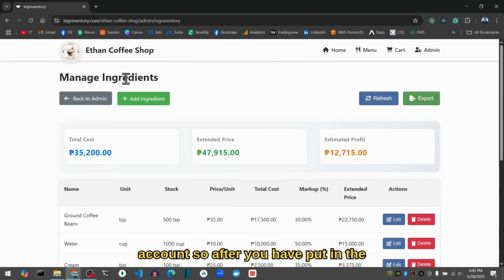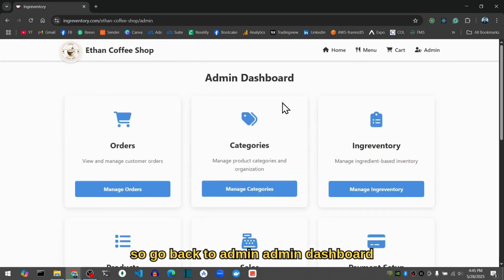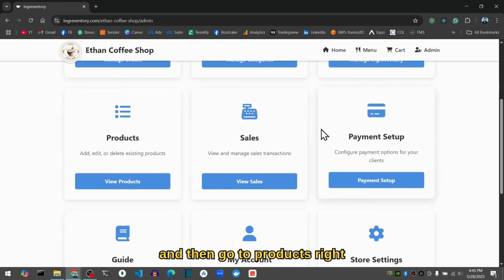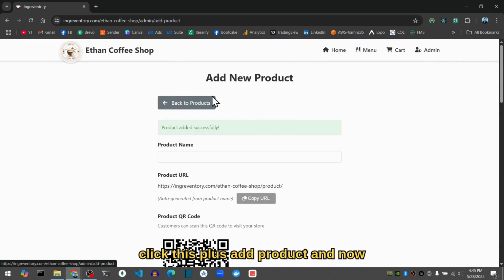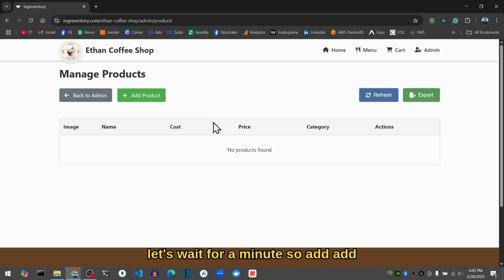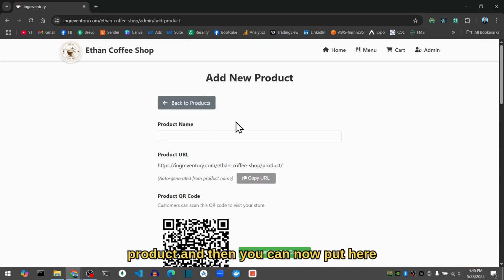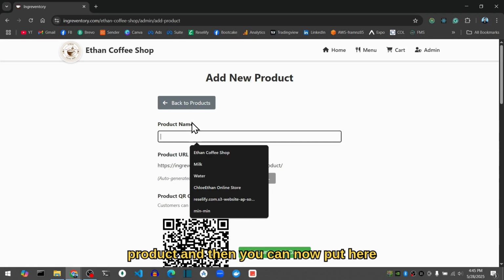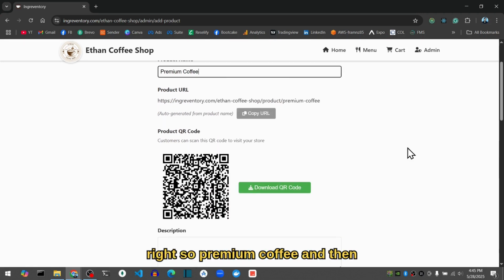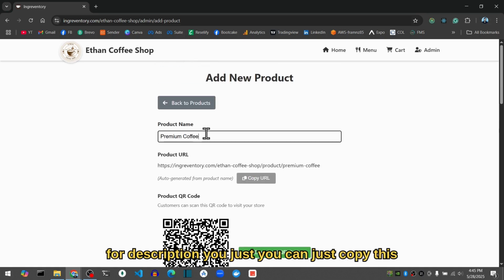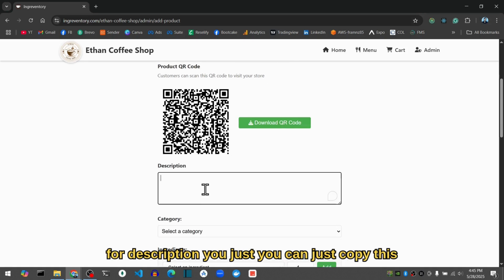So after you have put in the ingredients, you can now put in your products. So go back to admin dashboard, and then go to products, right? And then here in products, you can click this plus add product. And now let's wait for a minute. So add product, and then you can now put here premium coffee, right? So premium coffee, and then for description, you can just copy this